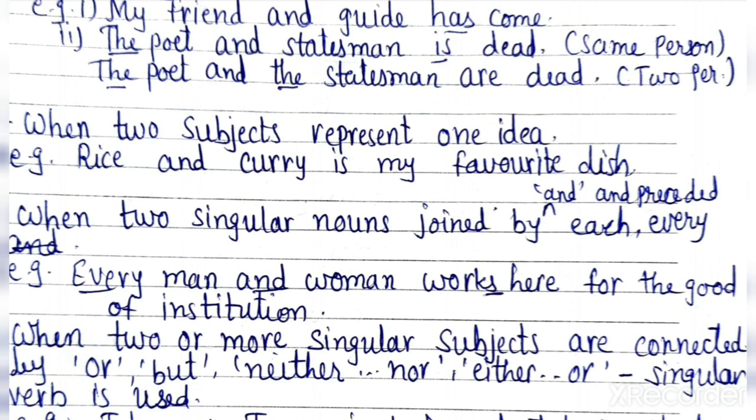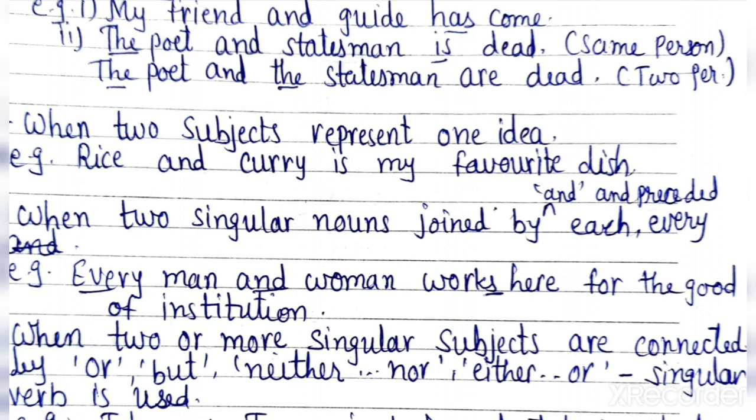Then I am giving you one sentence, rectify it. The principal with all the members of his staff dash come. Has or have? The principal with all the members of his staff have come. What is the mistake here? The mistake is have. And what is the correct word? Has. The right sentence is: the principal with all the members of his staff has come.